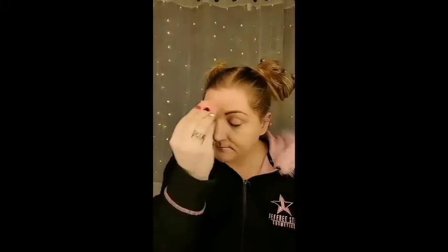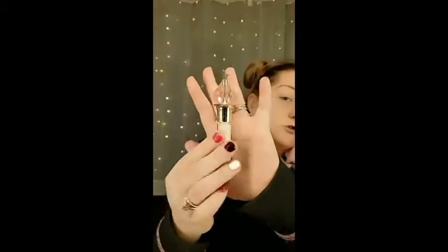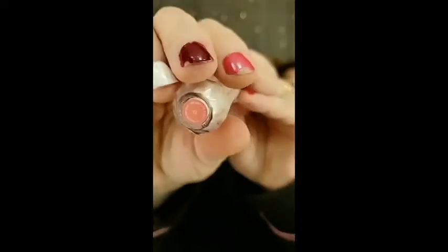Sometimes I just spray it with a little Fix Plus. And then we'll get some concealer. I'm going to use this Jeffree Star. It's a tad bit too light, but my under eyes could use it. It's C2. I'm just going to